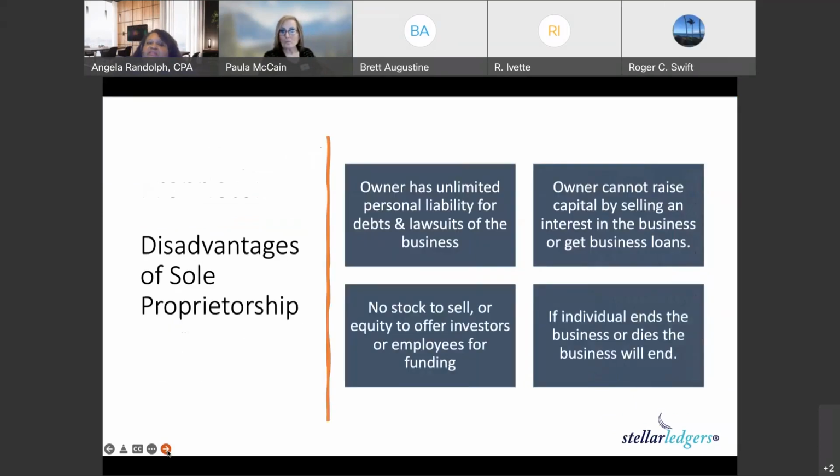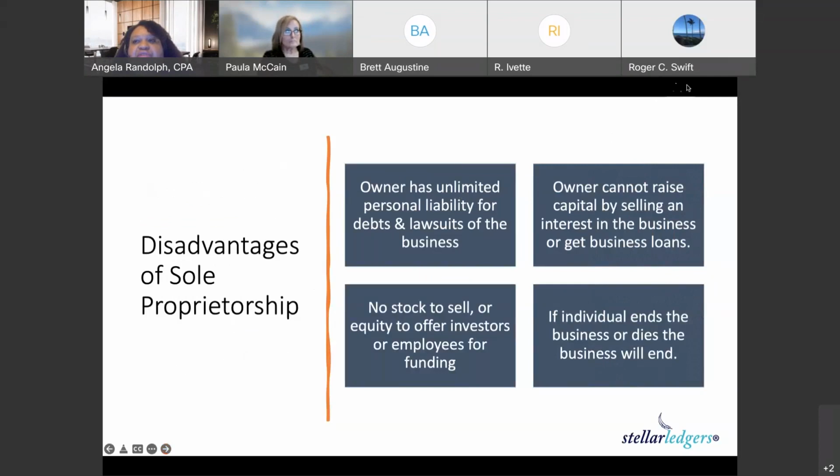Now, on to some of the disadvantages. The owner has unlimited personal liability for debts and lawsuits of the business. That's a bummer right there. No stock to sell or equity to offer investors or employees for funding, which a lot of businesses these days need funding, and